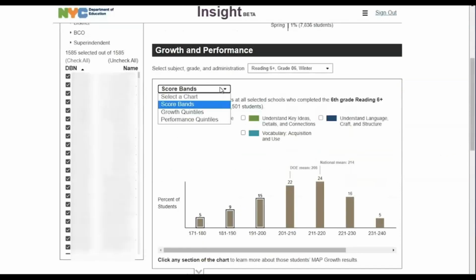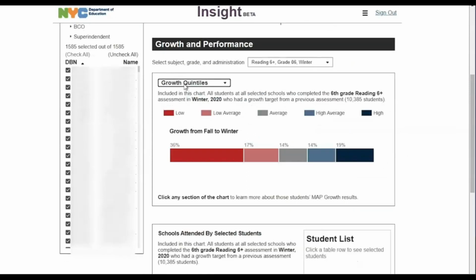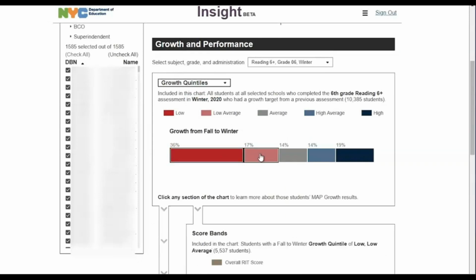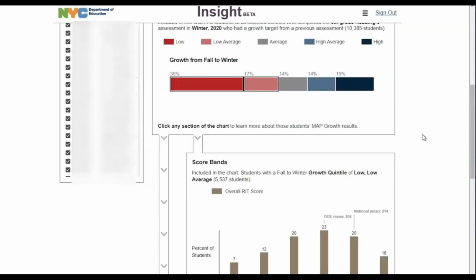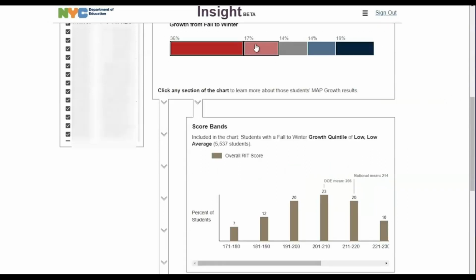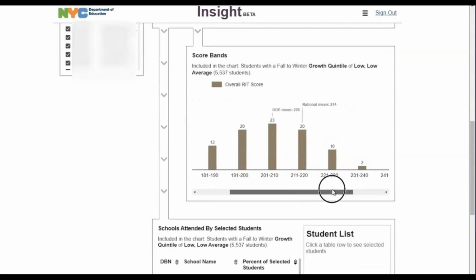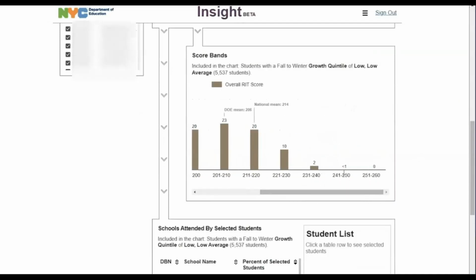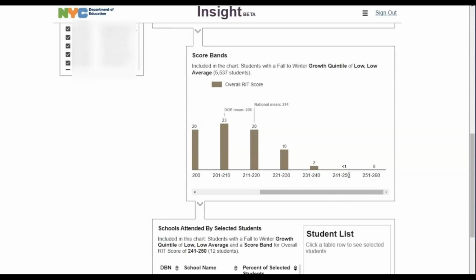I'm going to switch charts. Let's go to the growth quintile chart. So if I want to start by thinking about students who have a particular growth level, I can do that, and then I will see below that the score bands chart. So if I want to look at students with low and low average growth who are in whichever score bands I'm interested in, let's say the higher score bands this time, this score band has fewer than 1% of the students who